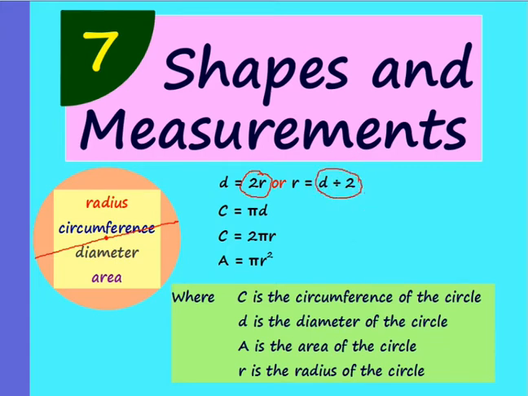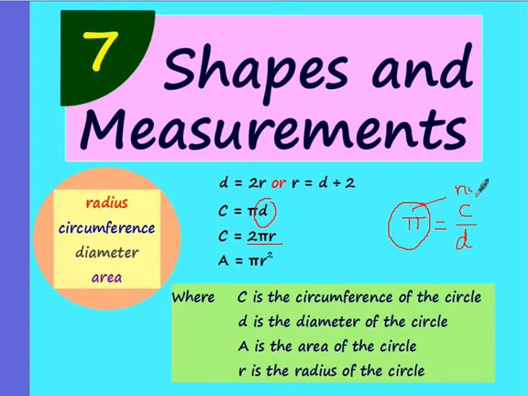So the formula of circumference you can learn: pi into d, and circumference is 2 pi r as well, because d can be said 2r. Here, what is pi? Pi is the ratio of circumference and diameter. When we divide circumference by diameter, we get a constant value that is called pi. Pi is a ratio, that is the reason pi has no unit. Area of a circle is pi r square, where r is radius. Let us do some problems.